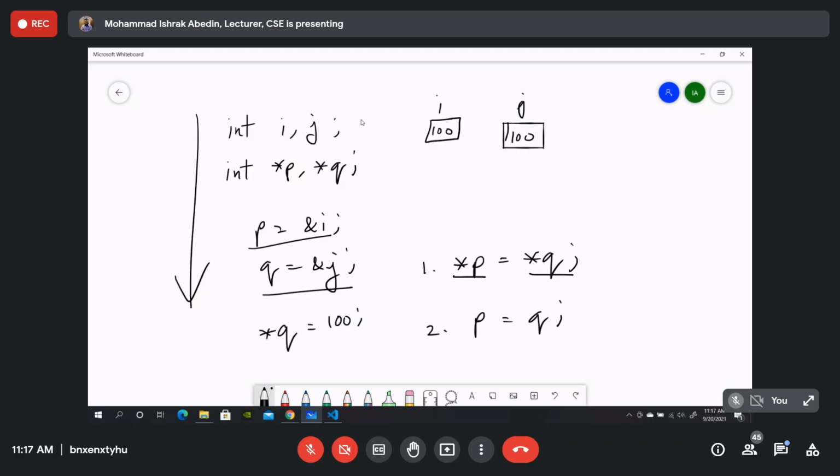However, instead of executing this line, if I write P is equal to Q, I will not be changed. Rather, the address that Q is holding will be copied to P. That means previously P was pointing to I and Q was pointing to J. If I execute P is equal to Q, basically it will mean that